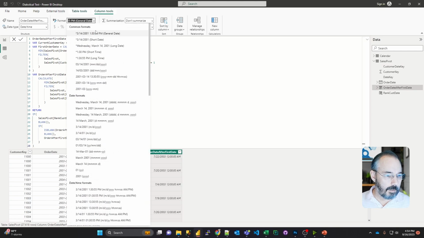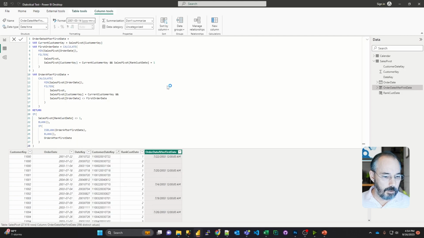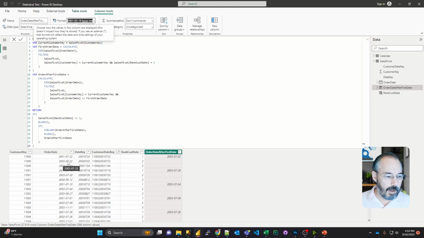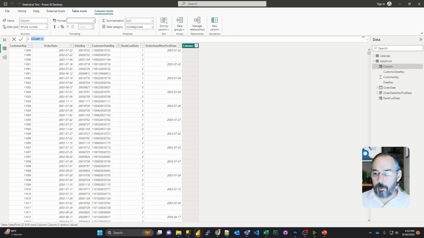Okay, let's get that into an easier to look at format here. So now what we see here is that the first order was on 7/22/2001, and the next order date was in 2003 on 7/22, and we see that this qualifies as the date here that will be the first order date after the first date, and so on and so forth. It goes. So let's get the next column in here, which is going to be a very similar